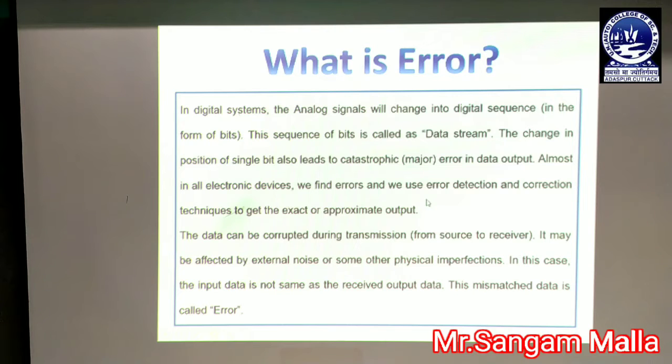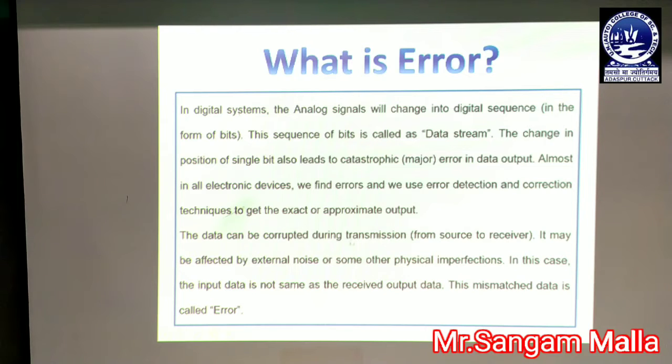So whenever we are sending any type of data, there is a large chance of an error getting attached to the input. So we detect the error, we correct it, and then we get the exact or approximate output, because sometimes we do not get the exact output. Whenever there is a chance of correcting the error fully, we get the exact output, and in some cases we get the approximate output.